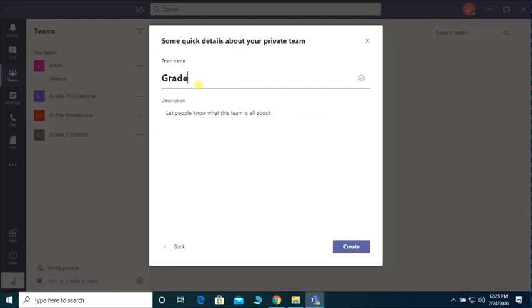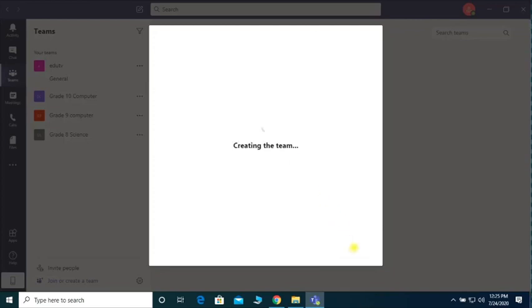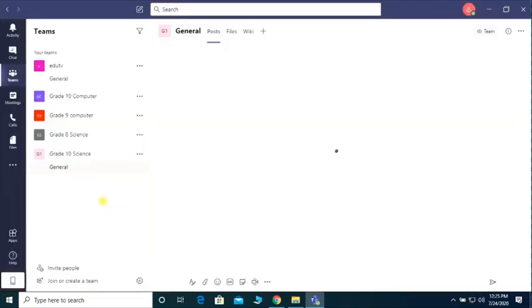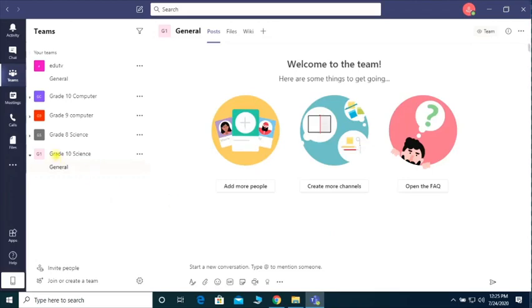Okay. Then click on the create button. Once you click on that create button, it will ask you to join the members or teammates or students. If they already have this account, we can enter the name or ID. Then we can invite or skip that, and whenever we need that team, at that time we can invite in a meeting and all. Okay, this is the first procedure for how to create a team.